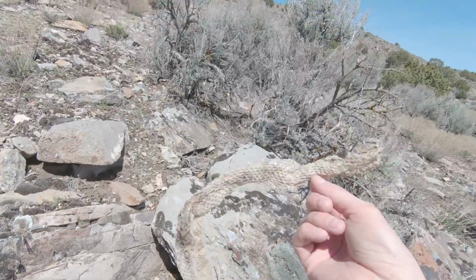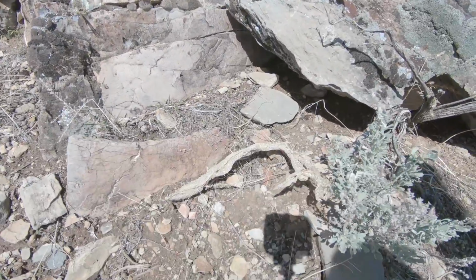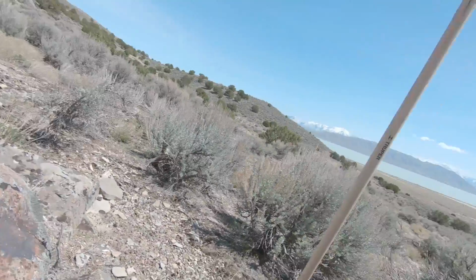This is the shed of a full-grown rattlesnake, but it's old. Probably more than 2 years because it's got moss growing on it. So we know that they visit this area. That's a very good sign. That makes me happy. So we'll keep looking around, see what we can find. But that right there,